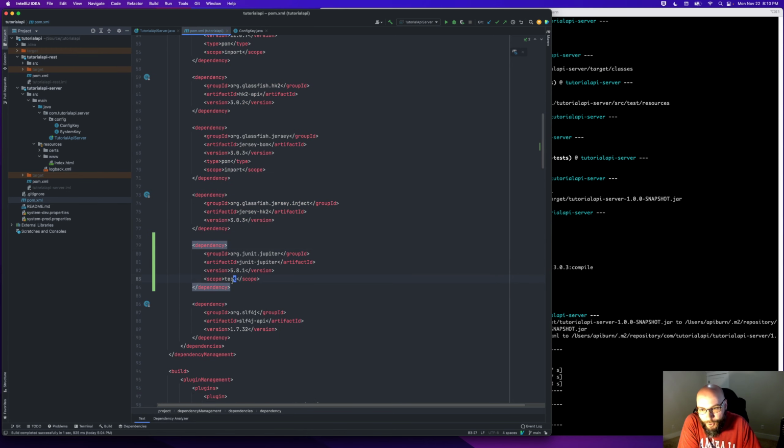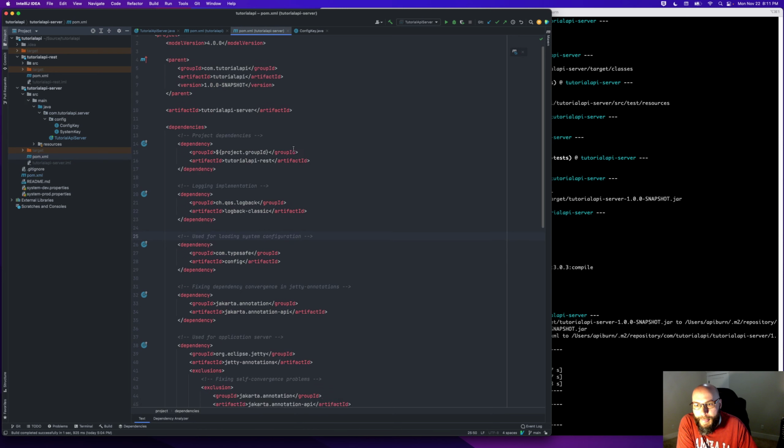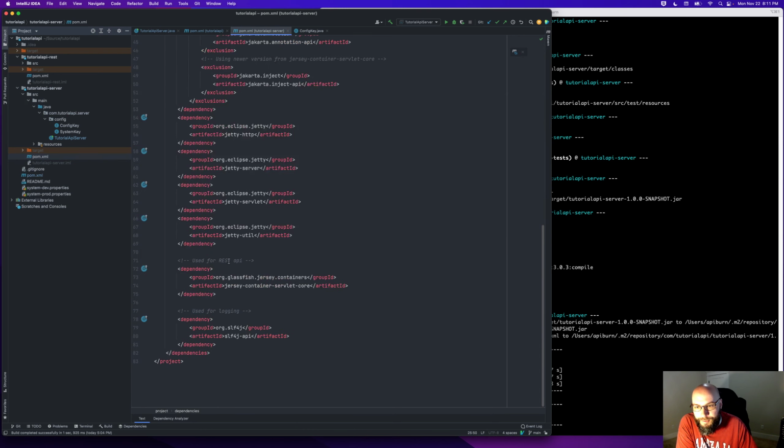Now we do have scope test here because this dependency is only going to be used as part of testing, which makes sense. So I'll go ahead and copy this. We've got our config key and system key here in server. So I'll go ahead and update our server POM and add this test dependency in here.